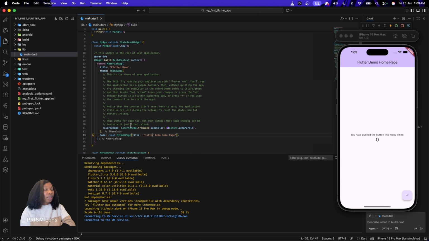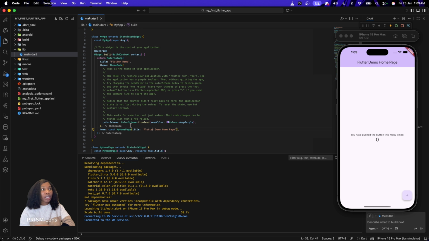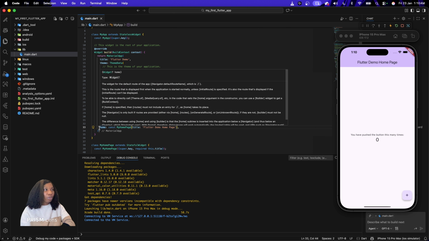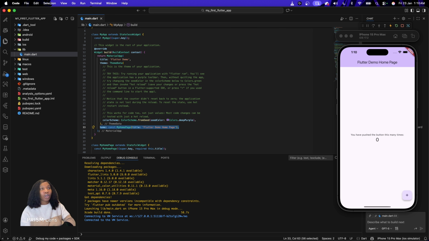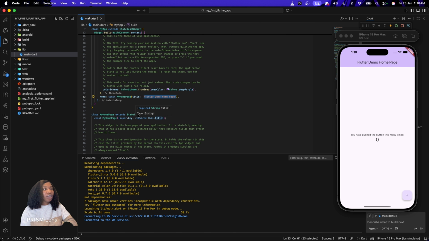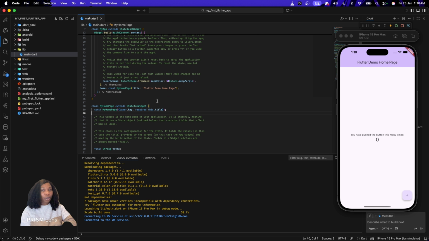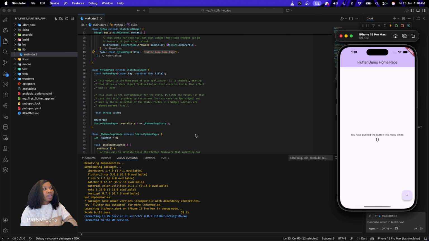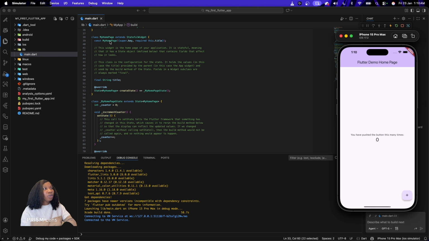You can see, like I mentioned, this is going to be a series where we would explain more about what each of these lines of code translates into visually. So in here on the material app, we have the home, which refers to the widget of the home page, and we have the navbar here, which was passed to this stateful widget here. Like I said, this would also be explained further. So we have the Flutter demo home page here, which is a title on the navigation bar, as we see on the right here. Then as we go into the widget, which is the page, the home page,